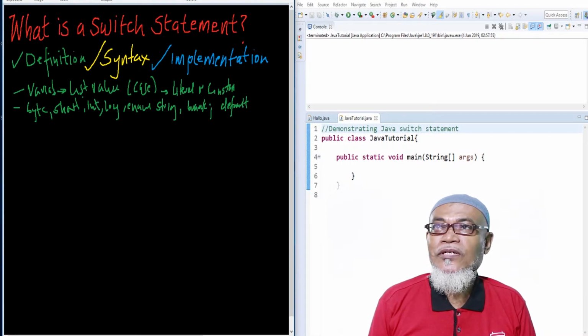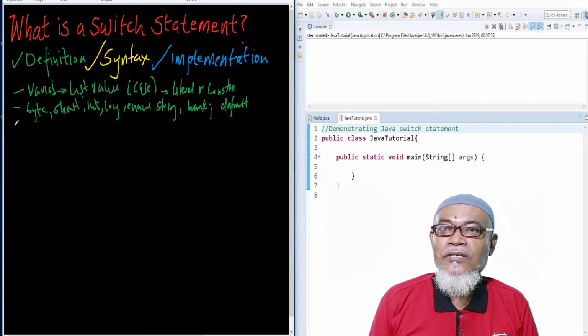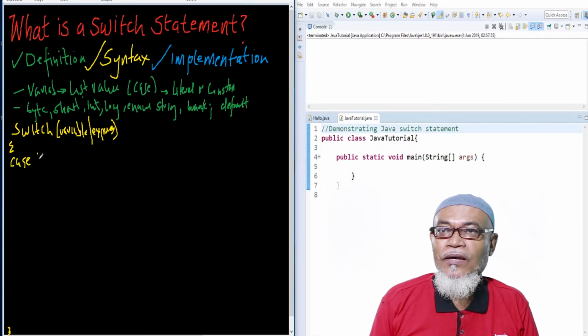That takes us to the syntax of a switch statement, which is a very simple one. We have the word switch, and what are we switching? We are switching either a variable or an expression, and we'll have an opening curly bracket and lastly a closing curly bracket. In between, we'll have our case, the word case, which is very important, and then